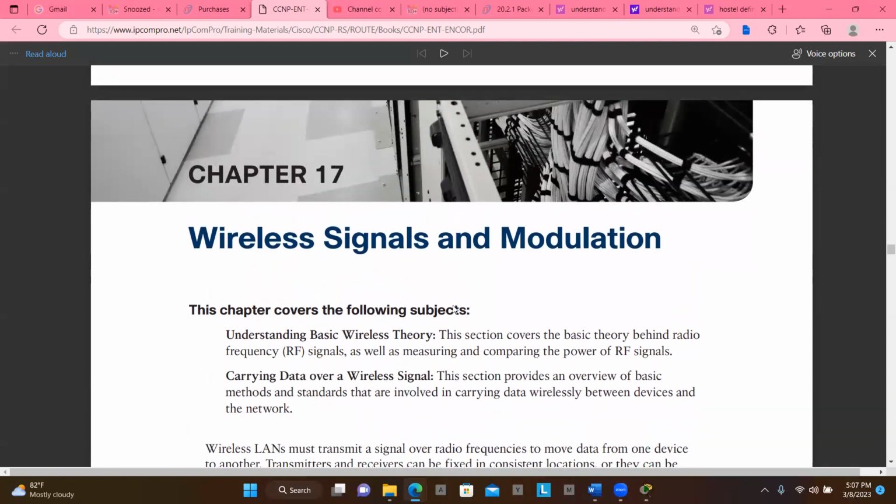So this is a CCNP/CCIE book for this ENCOR 350-401 official cert guide from Cisco. So this is chapter 17. It speaks about wireless signal and modulation. So it says this chapter covers the following subject: understanding basic wireless theory and carrying data